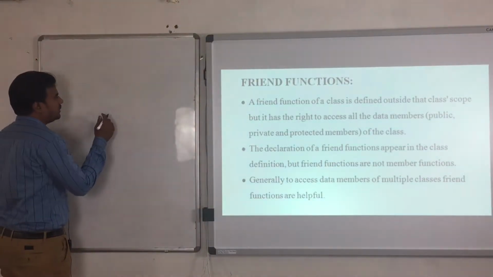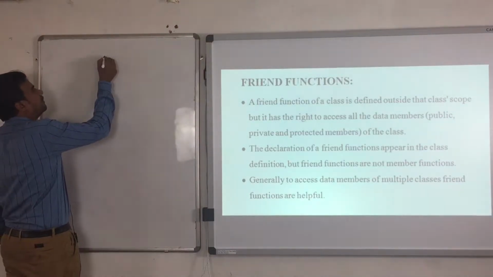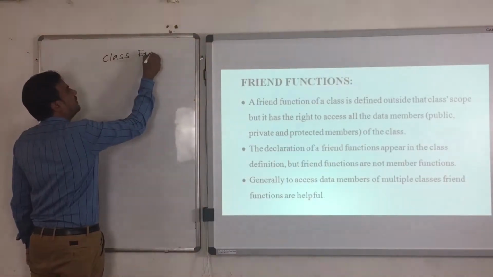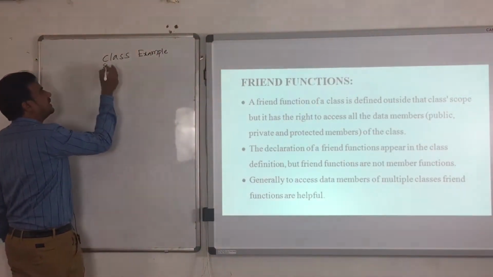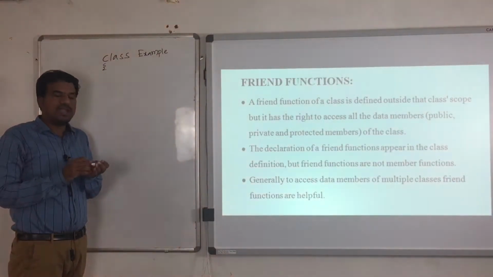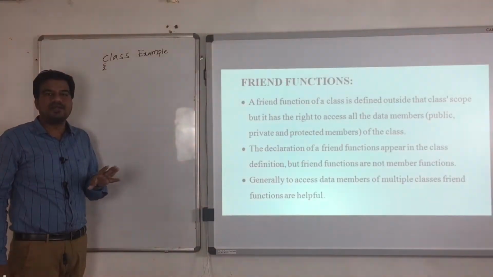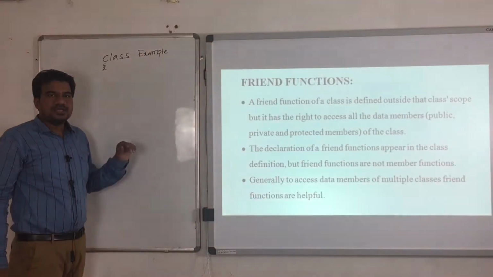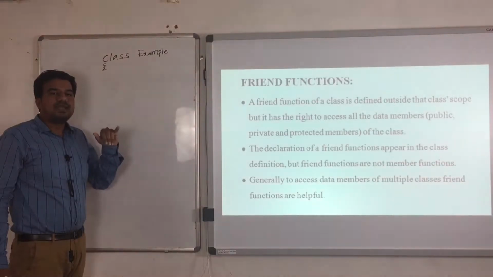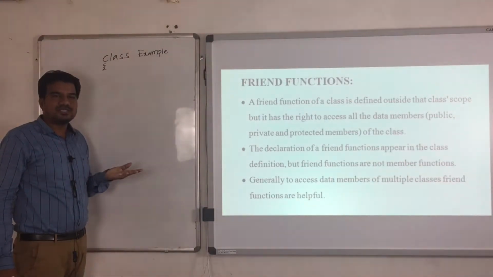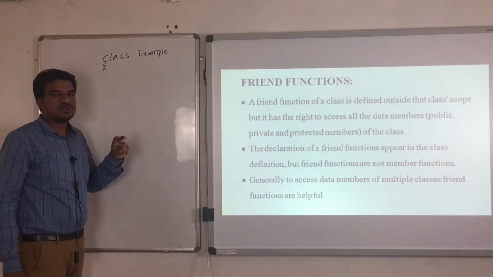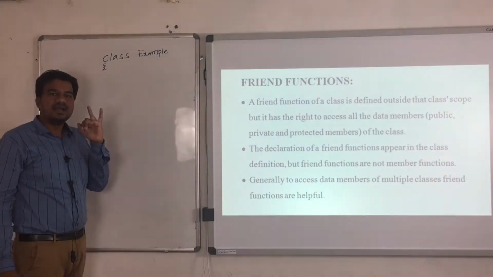So, we already know that if you have a class, in a class we are going to have data members and member functions. They can be of any type: public, private, or protected. Let us assume that I am having public as well as private, because protected we have not discussed so far. That's why I am not taking protected data members into consideration. So we will discuss only two types, public and private.